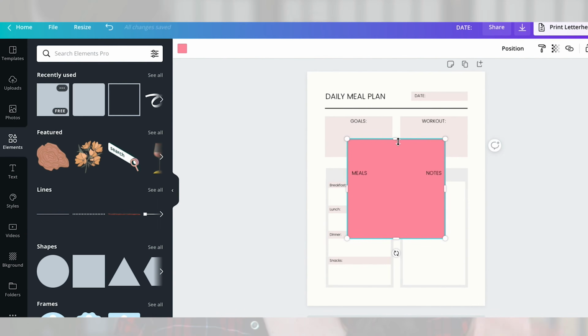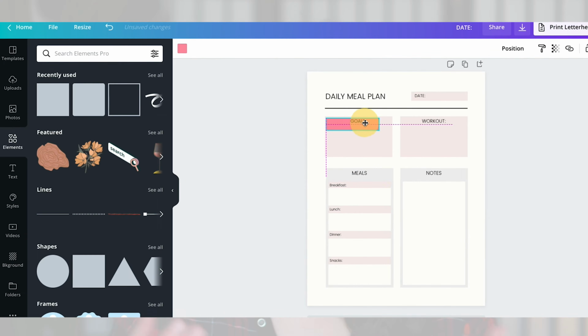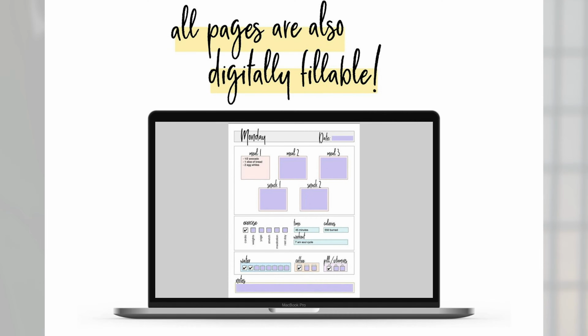Okay, so the place where I suggest that you get started creating digital products is the free version of Canva. I have a test shop on Etsy, and it's basically where I create little products and then upload them and see how the market reacts to them. So I actually created this meal planning kit in one day using Canva. I used the elements, I used shapes, and I changed the colors, and then I downloaded it as a PDF print file. And then I added fillable fields using Adobe, but Adobe does cost money, so you can use a program called PDF Escapes. You can create those fillable fields for free.